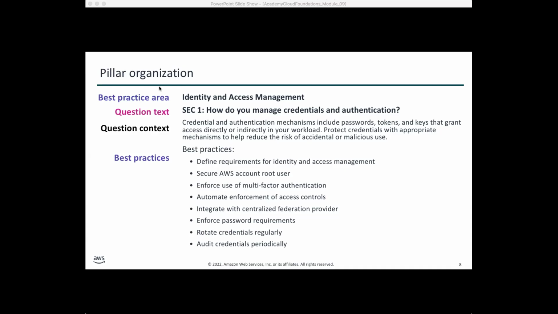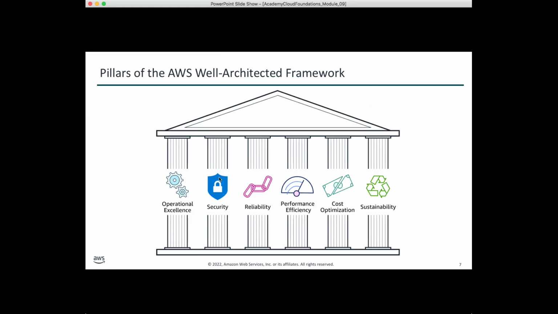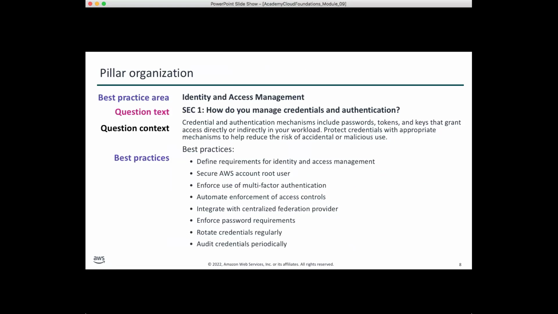How do we manage? So best practices, the principle will be security here, right? The architecture principle is security here. This one, right? The pillar is security basically, and the best practice area to achieve that secure architecture is one of the tools: identity and access management. While designing the architecture, the architect has to ask himself or herself, how do we manage credentials and authentication?